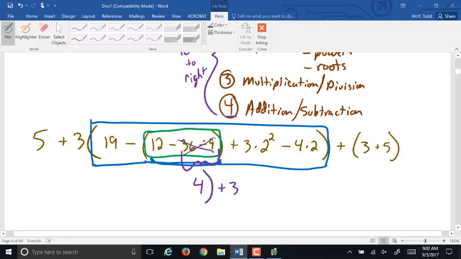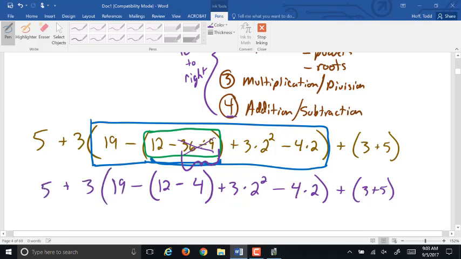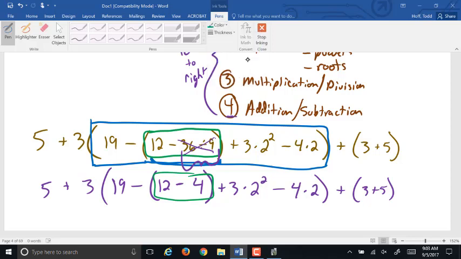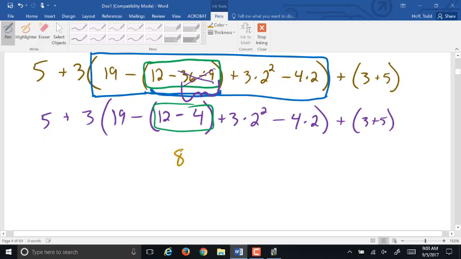Now I have to be careful to rewrite the rest of the problem exactly as it appears. So the 36 is gone, so it's the minus sign going this way that I'm going to start with. Now we're still working inside that parentheses, inside that green box. What's left to do there? 12 minus 4, which makes 8. Now, once we've reduced the parentheses down to a single number inside of it, we don't need the parentheses anymore. So I'm not going to write in the parentheses this time. There's no need for them. So in front of the parentheses, we had the minus, the 19,